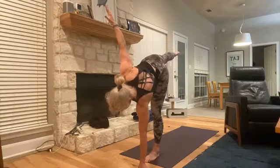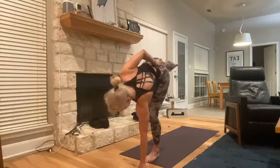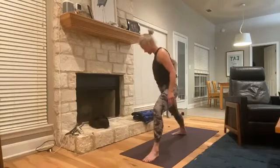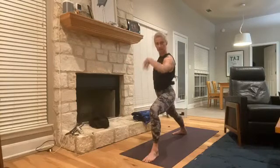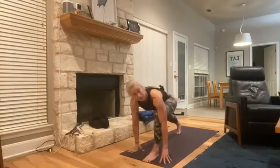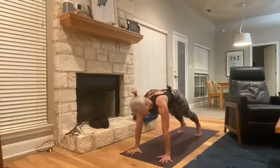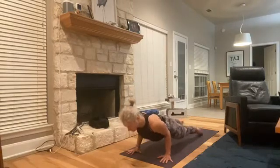Two more breaths. Now we'll come in for a landing, so soften the front leg, lower the hips, come back into warrior two. This time we'll do a vinyasa in between, so we'll cartwheel down into a plank position. Cartwheel down, place hands on your mat, come into plank, inhale, exhale, Chaturanga Dandasana, inhale, upward facing dog, exhale, downward